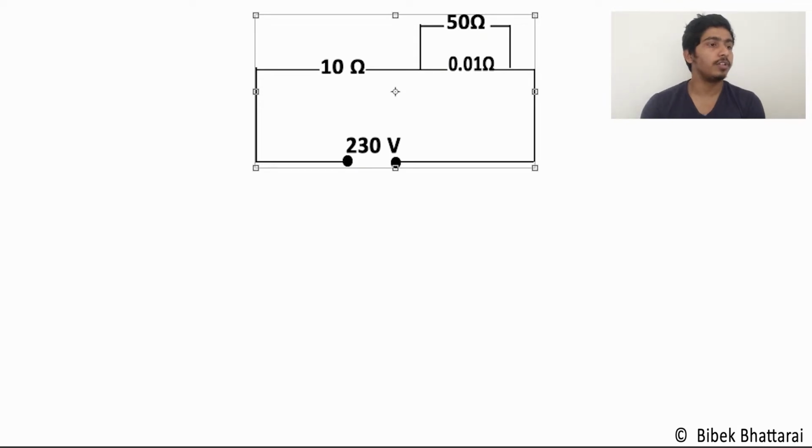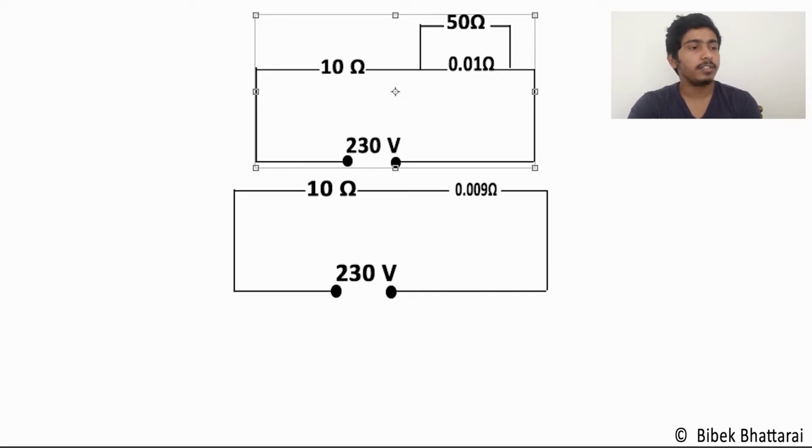So we have got 230 volts in this circuit with 10 ohm resistance, which is our load, and we have got 50 ohm, that is our earthing resistance, and 0.01 ohm, which is the resistance between the neutral bar and the transformer. So if I simplify it using Ohm's law, we get the overall resistance of 50 and 0.01 as